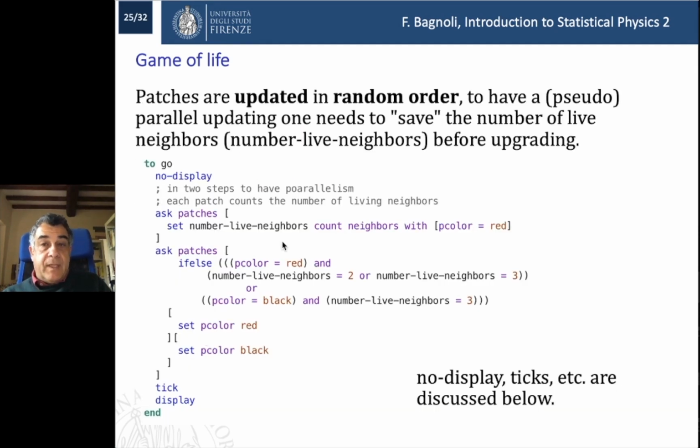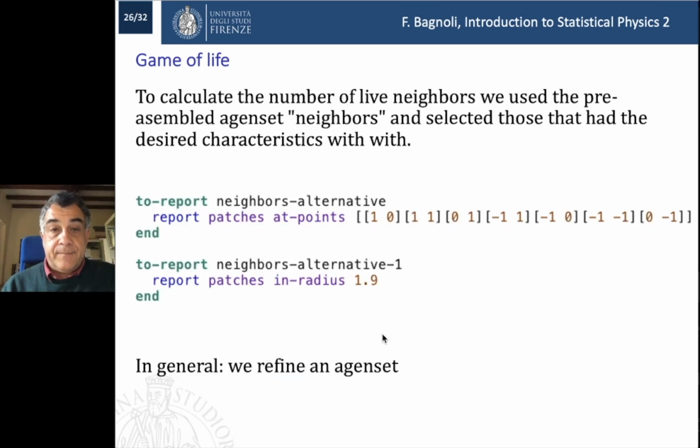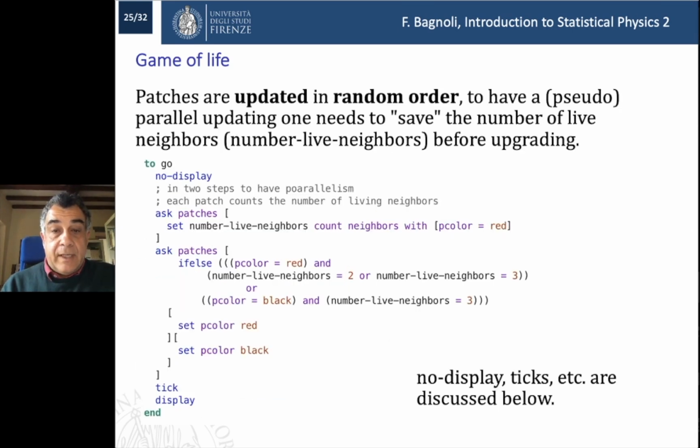Okay, so since the game of life has to be run in parallel, while the updating here is essentially serial in a random order, we first have to save the number of live neighbors in some variables for all patches, and then to do something with these patches. Okay, so let's go to the